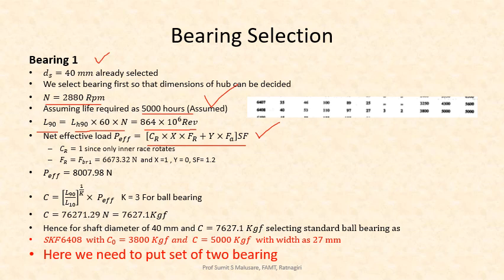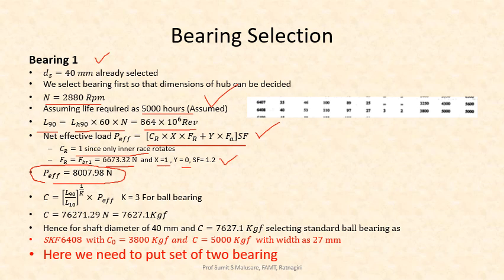Since only inner is rotating, CR is equal to 1. And FR is equal to FBR1, that is 6673.32 newtons. There will not be an axial load, so I can assume the value of x is equal to 1 and y is equal to 0, and service factor is equal to 1.2. So the effective load comes out to be